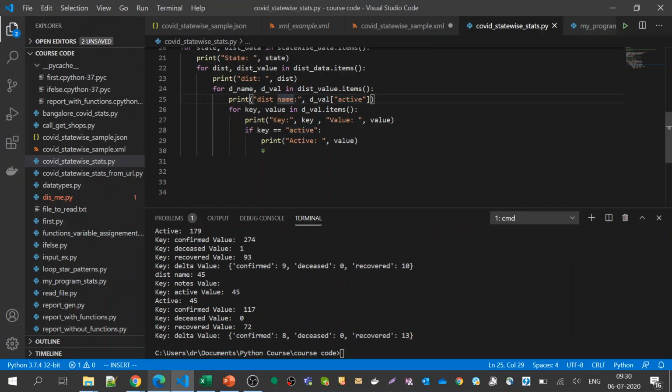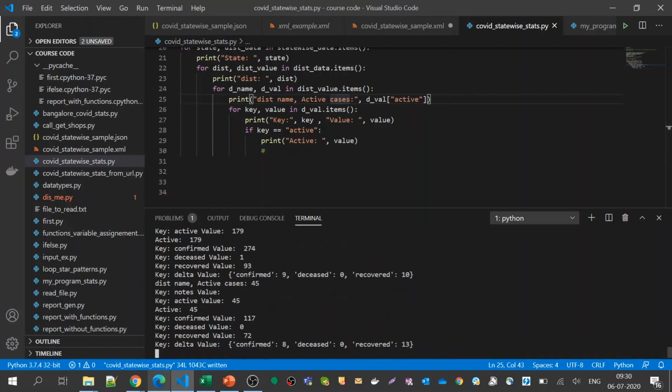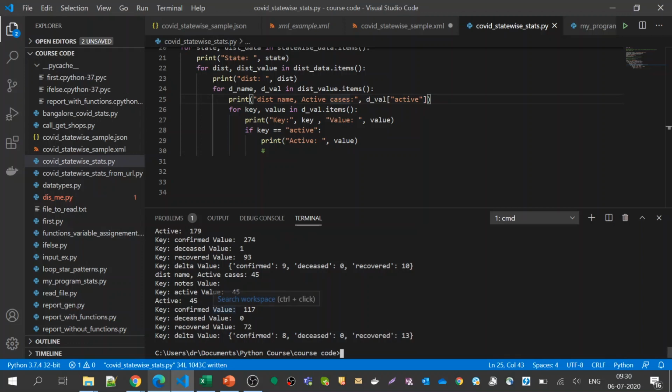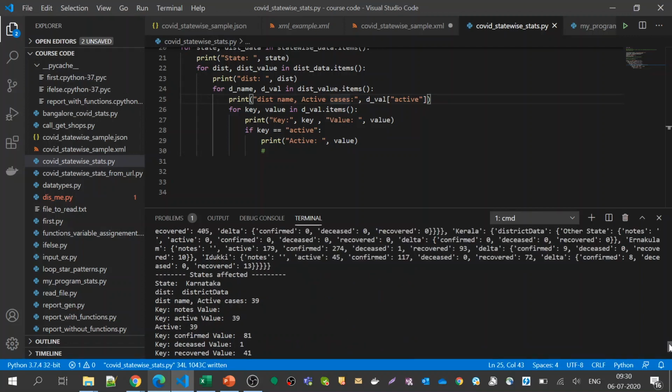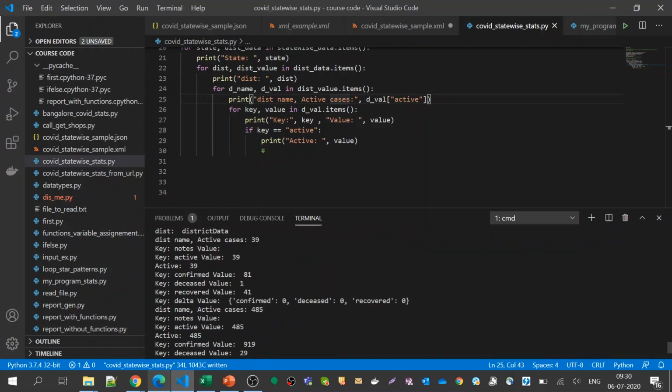In district name, active cases, just to differentiate. Print district name. Okay, here, district name, active cases, and you can print active cases.